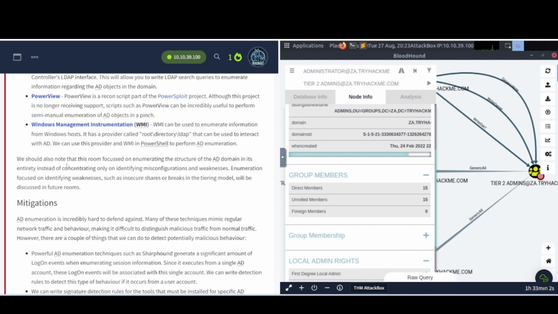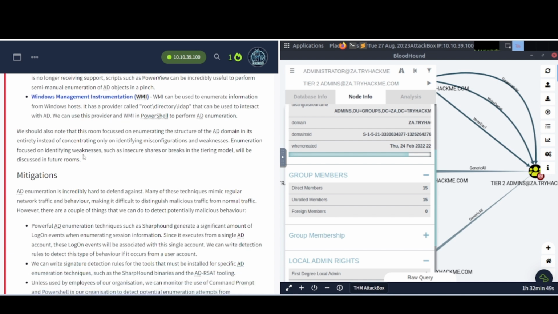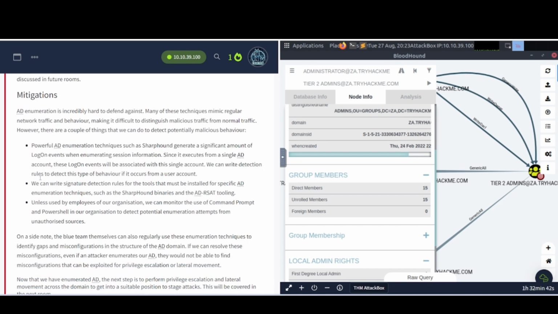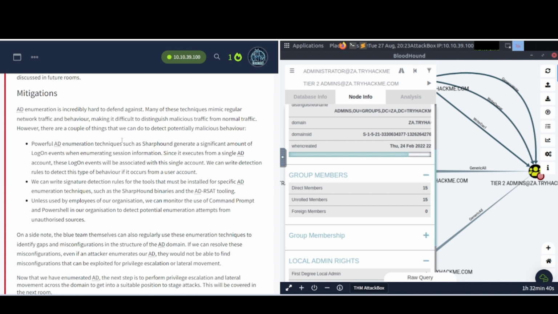We should also note that this room focused on enumerating the structure of the AD domain in its entirety. Instead of concentrating only on identifying misconfigurations and weaknesses such as insecure shares or breaks in the tiering model, that will be discussed in future rooms. Mitigations: AD enumeration is incredibly hard to defend against. Many of these techniques mimic regular network traffic and behavior, making it difficult to distinguish malicious traffic from normal traffic. However, there are a couple of things we can do to